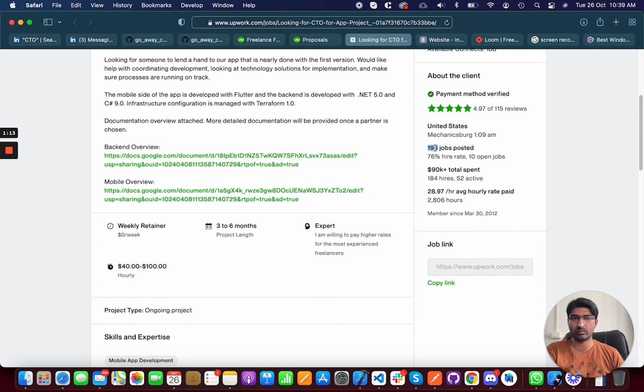You can also see the jobs posted and 84 hires, and he has spent a really good amount of budget. On an hourly basis, you can see the hourly rate he paid in previous jobs, which is really good as well.